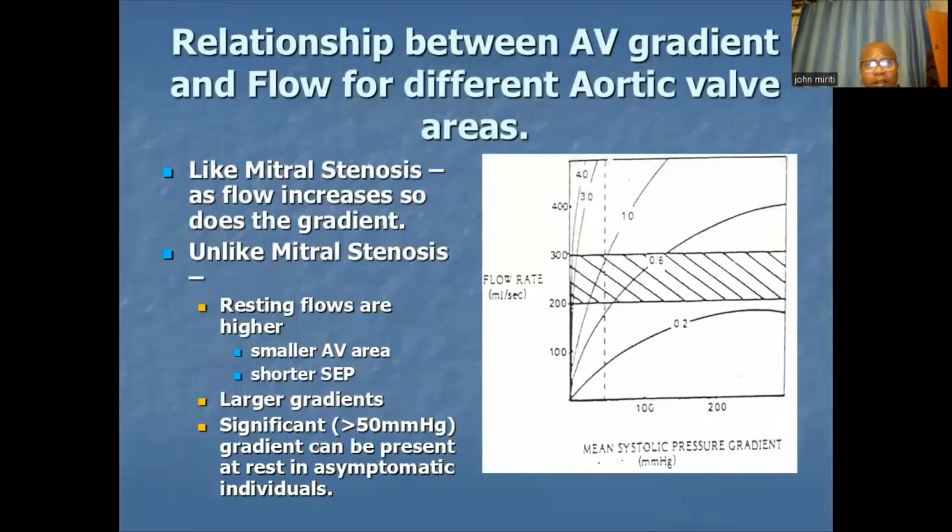So the relationship between the aortic gradient and flow across different aortic valve areas is like in mitral stenosis. As flow increases, so does the gradient. So resting flow is higher with a small aortic valve area. A larger gradient, significant if more than 50 millimeters of mercury, can be present at rest in an asymptomatic